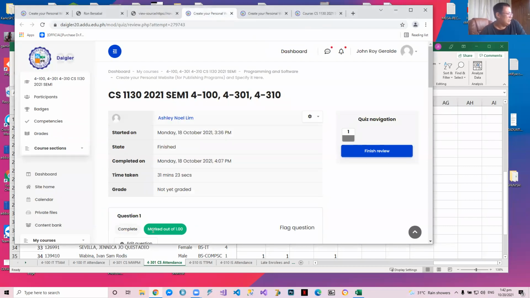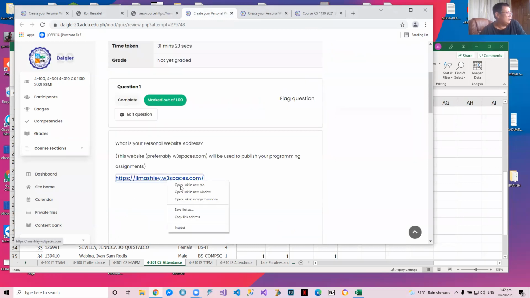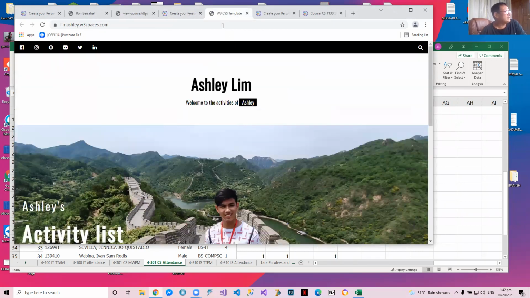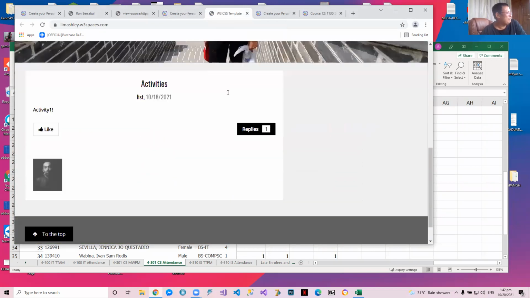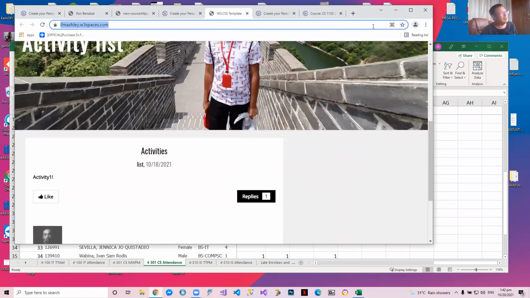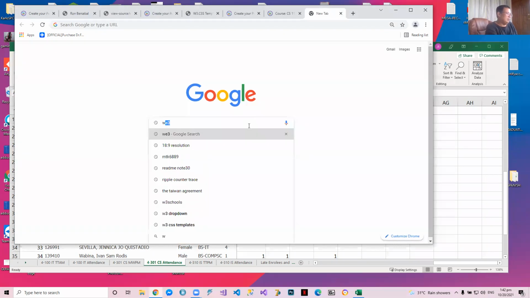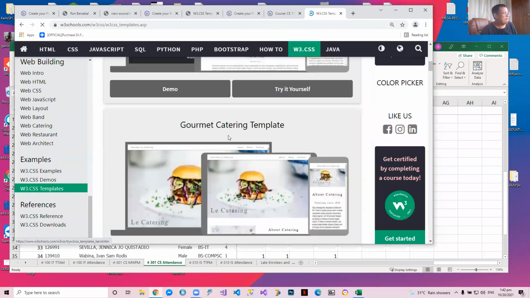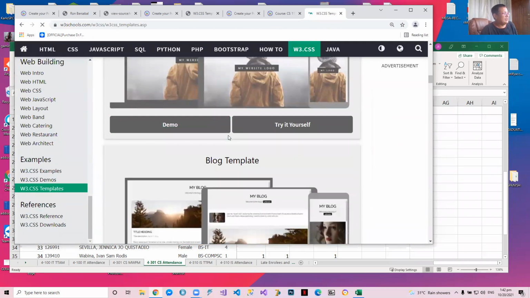This is by Noel, Lim, Ashley. You can change this title. No, this one. You can change the title here instead of W3. So this is a template from W3 Schools. Okay. I myself have used a template, because there are so many templates you can see. You can look at W3 CSS templates. So you can choose these templates, and then, for example, I think